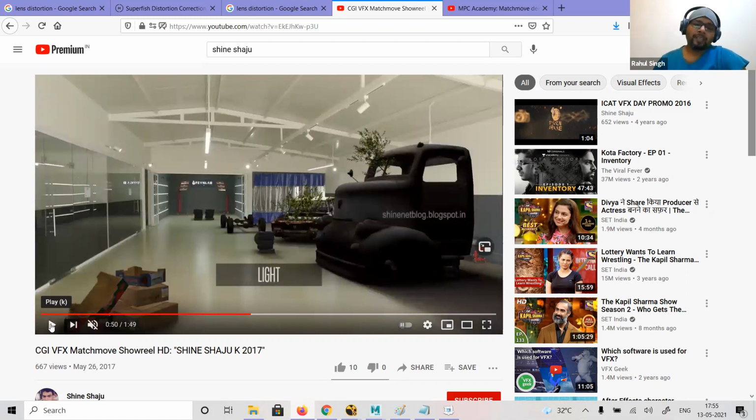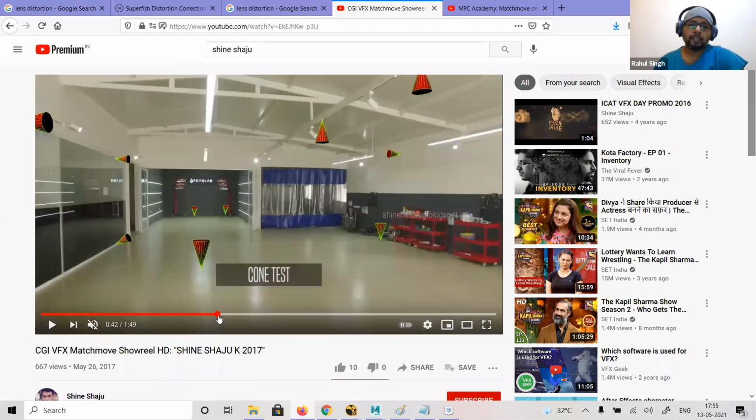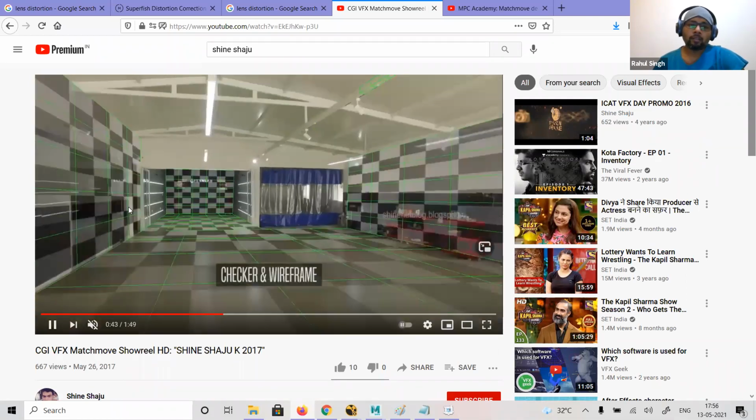So as a match move artist, when you go into the industry, the work you will do is take the footage, track it, solve it, and test it in your tracking software, whichever software you're working in. Then you have to take it into Maya and put in this checkerboard and the cone. One test with the cone, then the checkerboard.